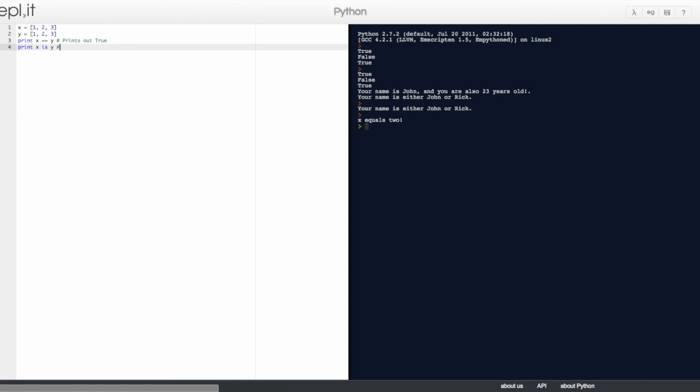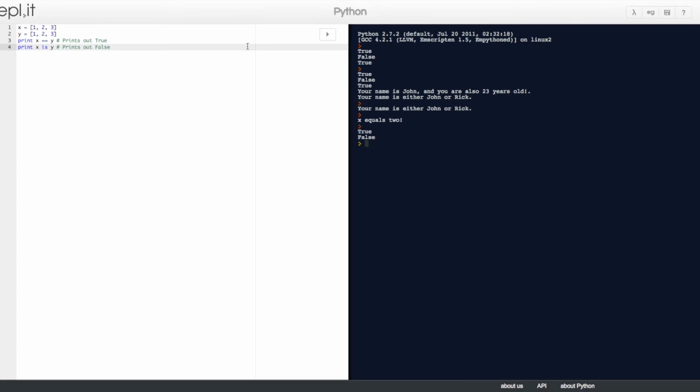Then we make a comment that it will print out false. Okay, so let's check. So x equal y is true because they have the same items in their list, but x is not y. There are two separate variables, which is false.